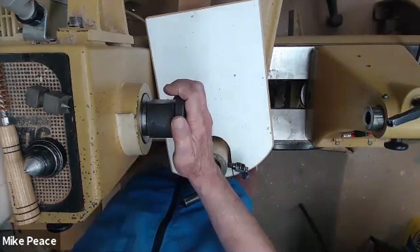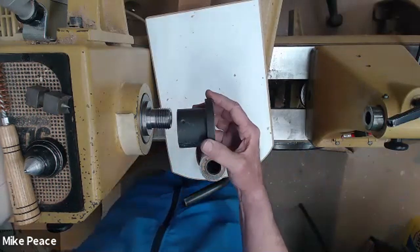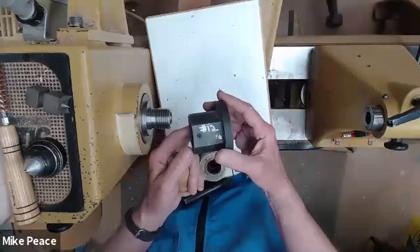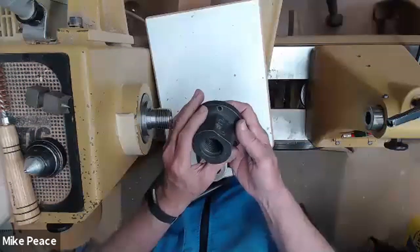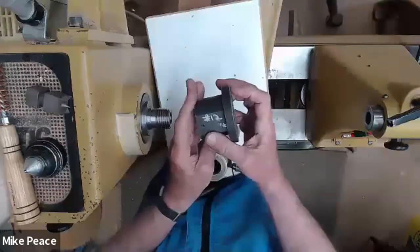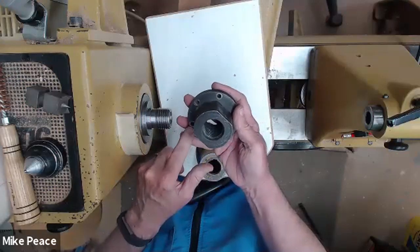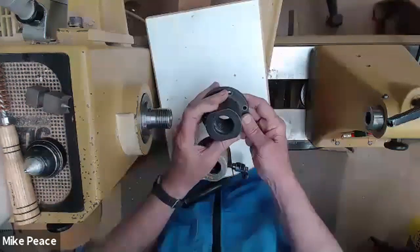So there's a Powermatic one, and if you got a Jet 1642, which I always thought was interesting, a smaller lathe, but it had like a 6 inch faceplate. The key to the faceplate, or one of them, is getting the appropriate size screw, and I marked the screw size on here because I couldn't remember. It's a number 12. This one is flat, so you want a screw that has a flat head,